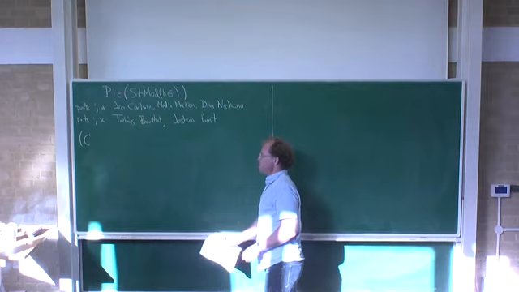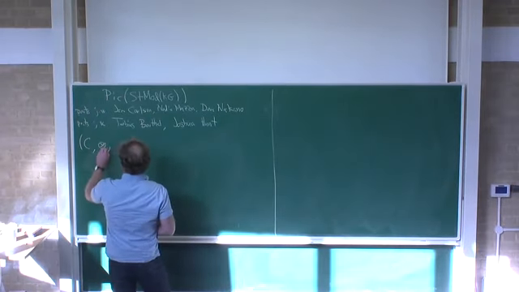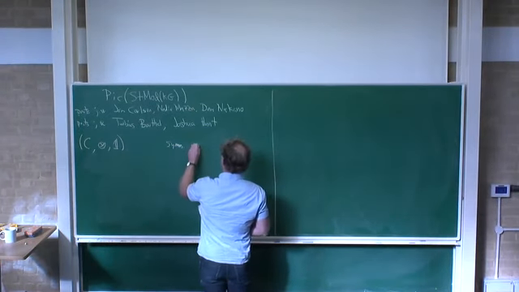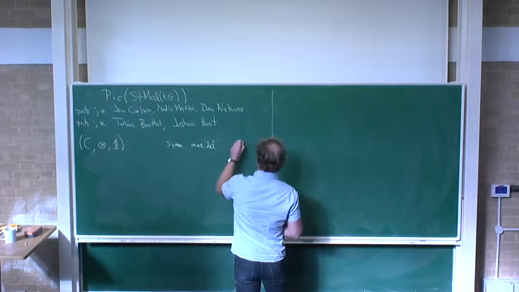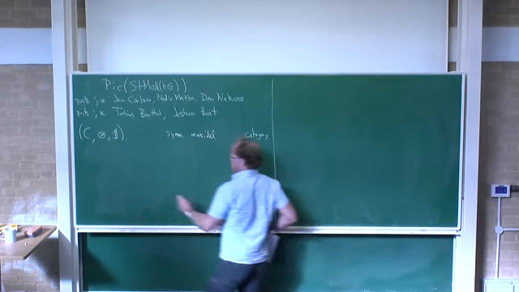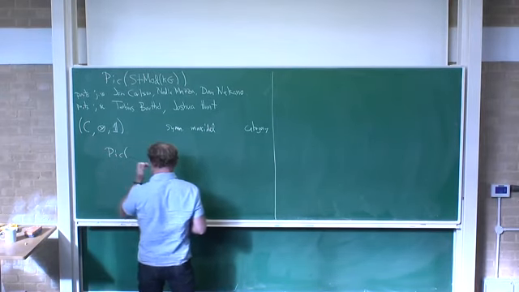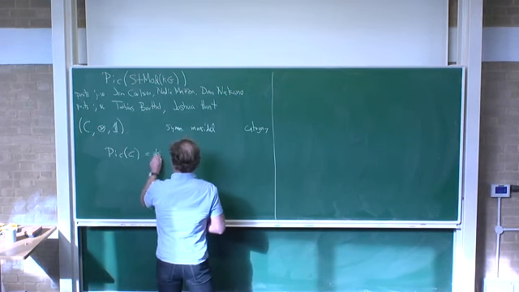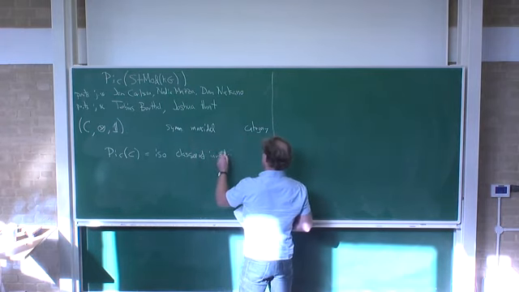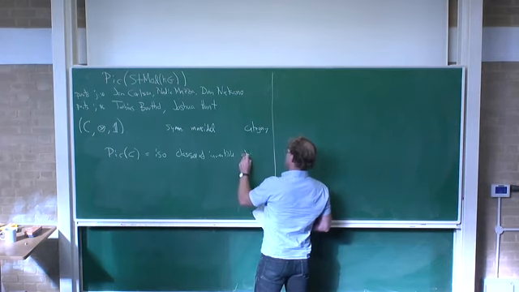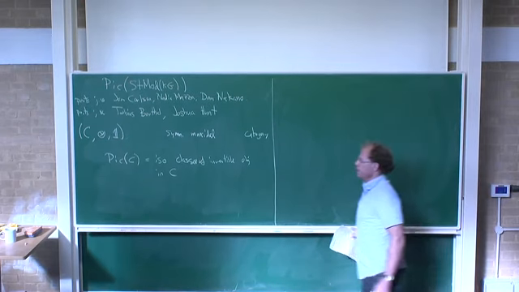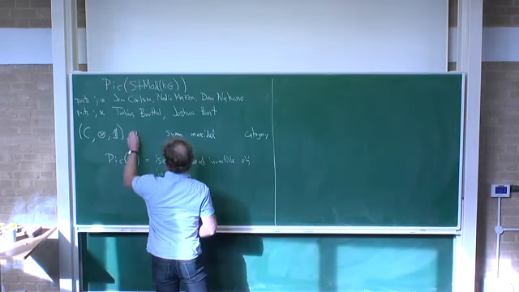It's a wonderful program. So C, sensor number 1, is a symmetric monoidal category. If we have such a category, we can form the Picard group of C, which is the isomorphism classes of invertible objects in C. And for this to be a set, we should probably assume that our categories are presentable,